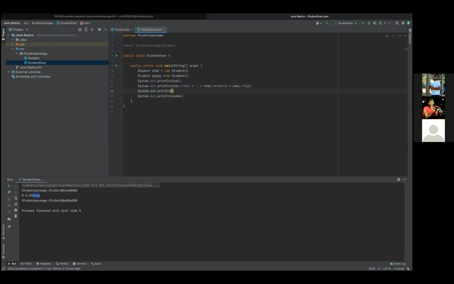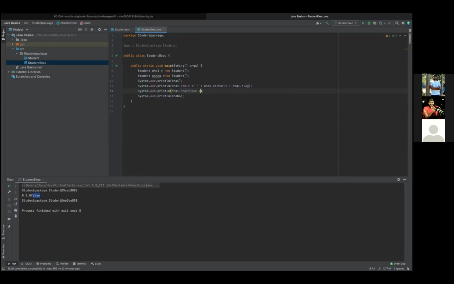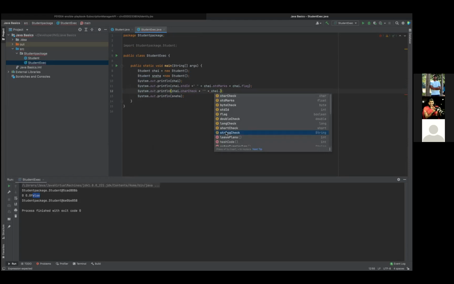Just give space, otherwise you will be confused with what value is getting populated. Yeah, you have byte check, you have short check. Yeah, you can select anything.